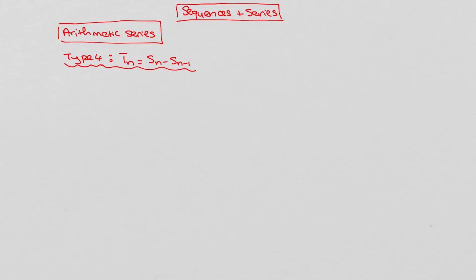Arithmetic sequence and series, arithmetic series. Type 4: T of n is equal to S of n minus S of n minus 1. So in this example here, if we look at any arithmetic series, we have term 1 plus term 2 plus term 3 plus term 4